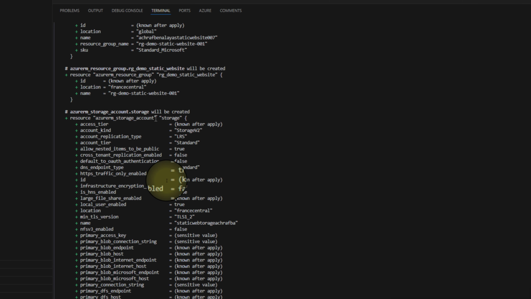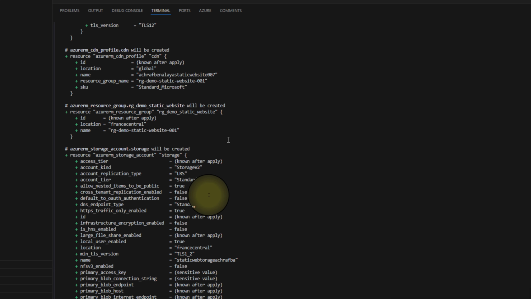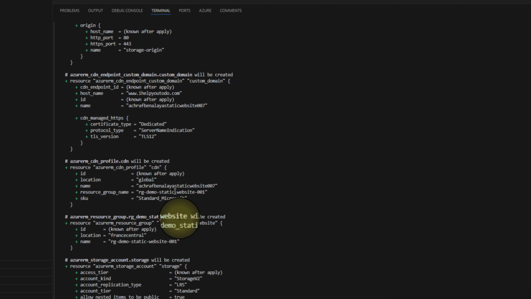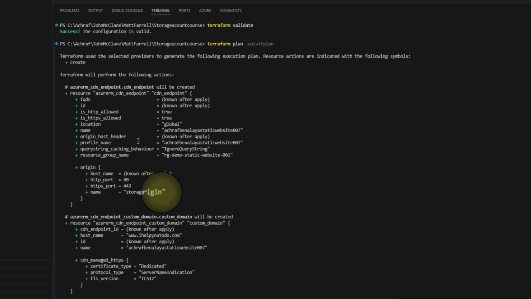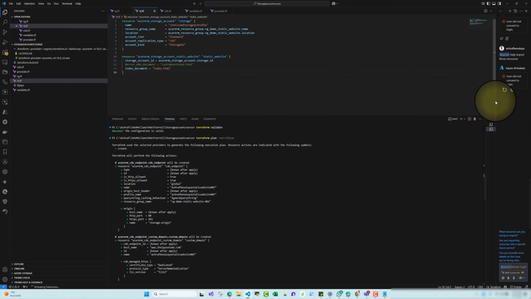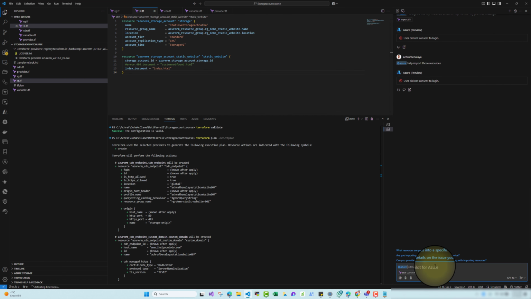So here I have the storage account that will be created, the resource group, and also the static website enabling, the CDN profile, and everything related to that. Actually, something that I want to show right here. Here I can ask GitHub Copilot. Here, let me just clear this. Through using the Copilot, I will share this code later, but if you want more explanation,